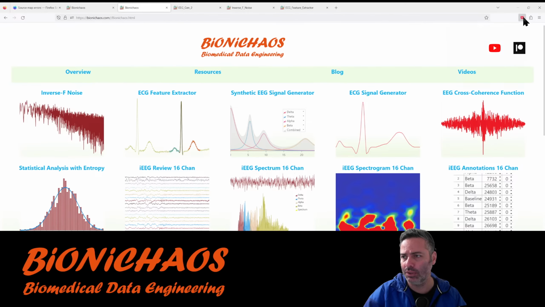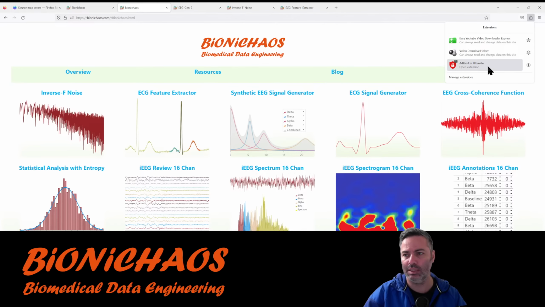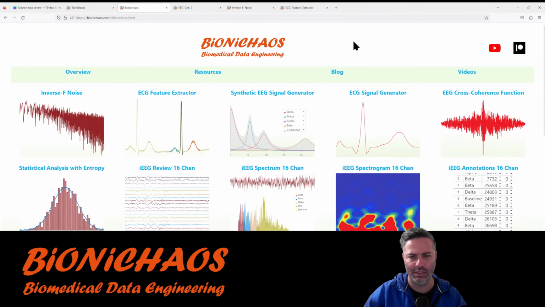This is in Firefox, and the ad blocker is just called Ad Blocker Ultimate. I don't know, it seemed to be free and it seemed to work well. Yeah, it's only until Google changes something and it might stop working. But anyhow, it's an add-on in Firefox.